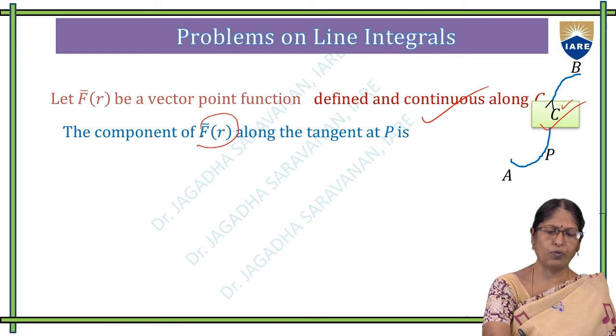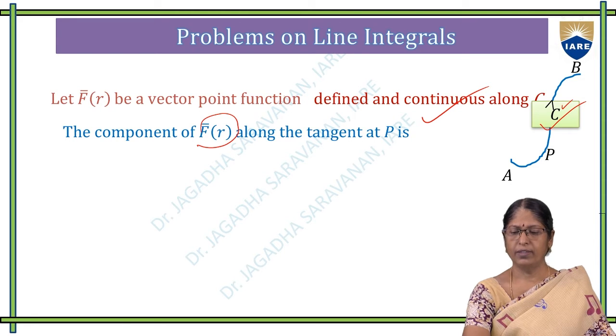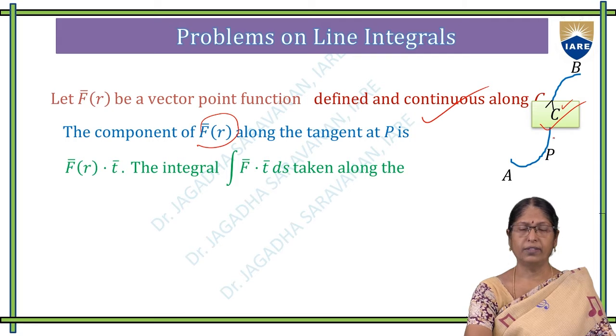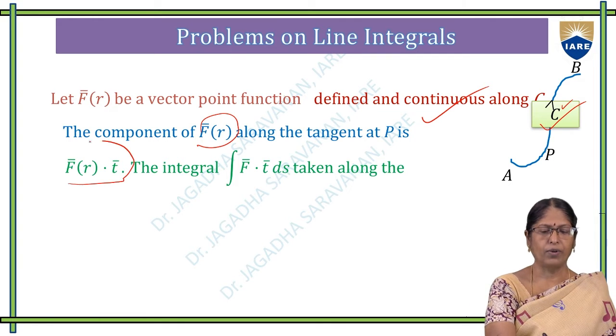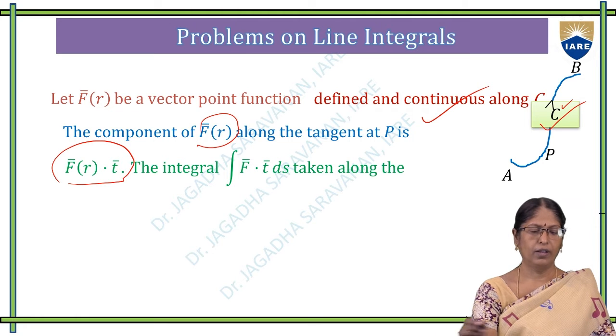The components of the vector function f bar of r along the tangent at P, that is a line which touches the curve at one point, that point is P, is the dot product of the vector point function